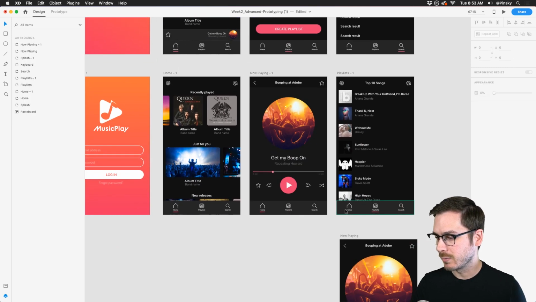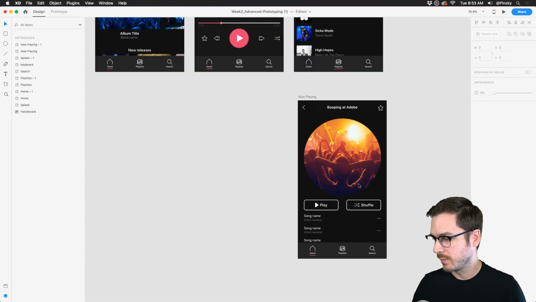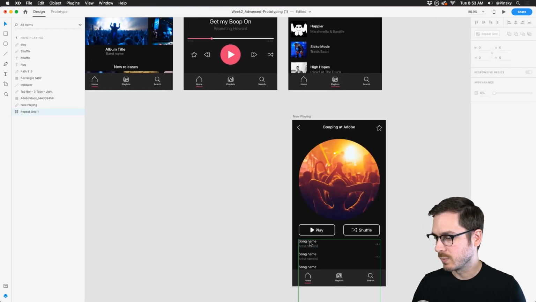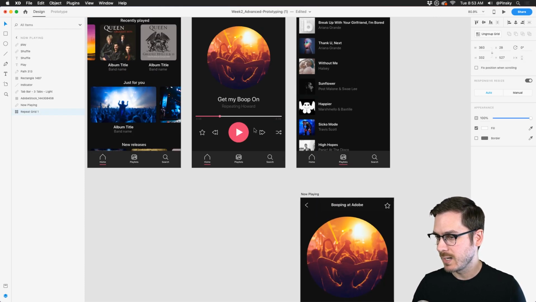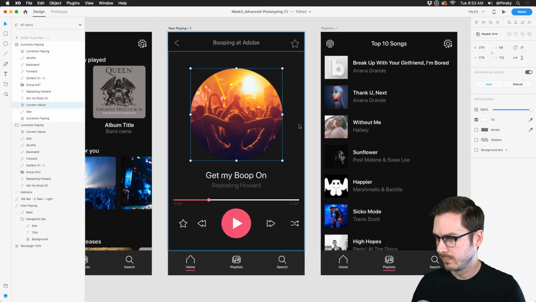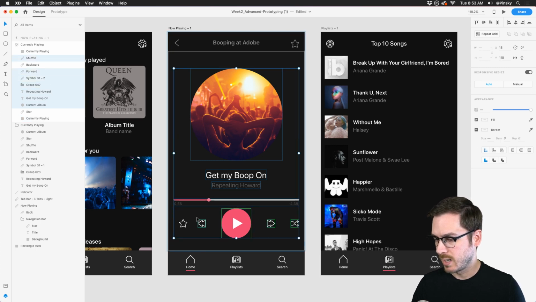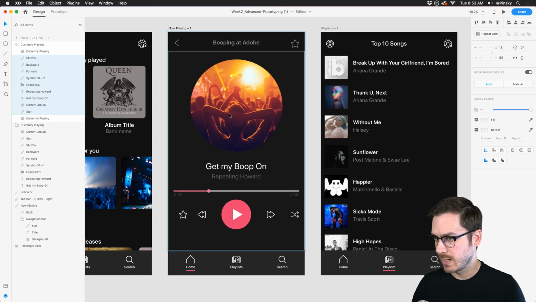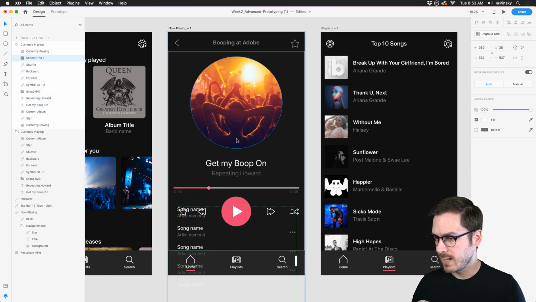All right, so there we go. So I can probably go ahead and delete this one because we've pretty much... Actually, we'll keep this one because we might want to grab song name down here. If we move all this stuff up, we can actually put it at the bottom of this artboard. Copy all these, grab these, move this up a little bit. And then right here, we can put song name. So this could be up next. Just like that. There we go.